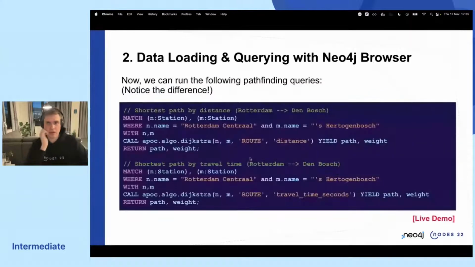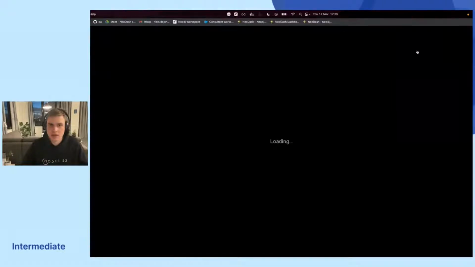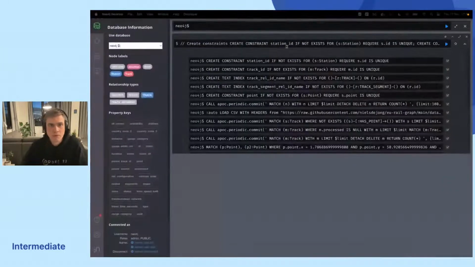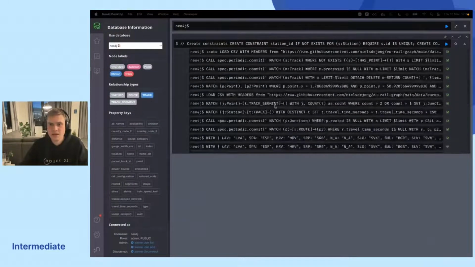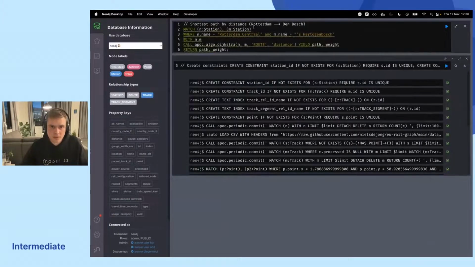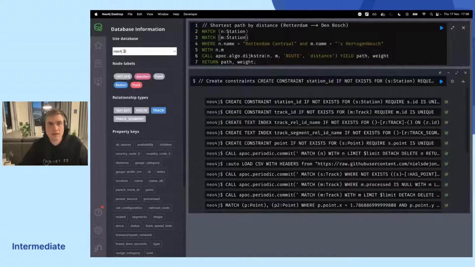So moving on, we have loaded the data. Now we can try running some Cypher queries, right? So I'm going to pick one of these queries and actually go back into full screen and jump to my browser. I cheated a bit here because I already loaded the data earlier, which means that I can now run some queries. This query here, and I think I will zoom in a little bit so you can read it.